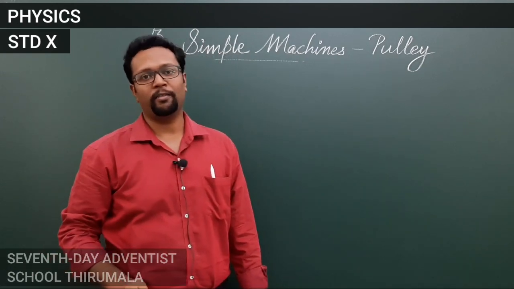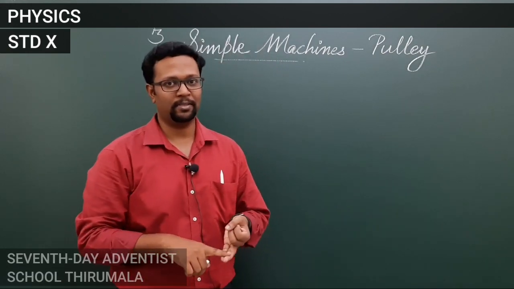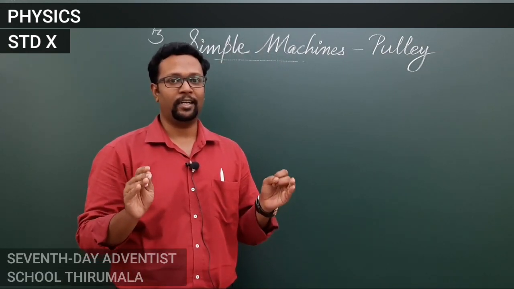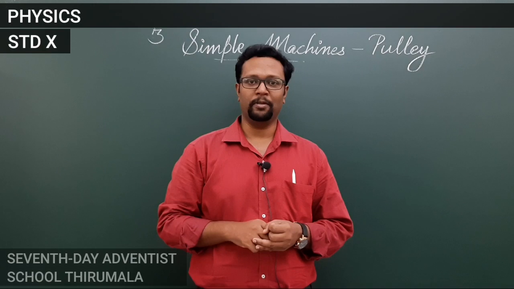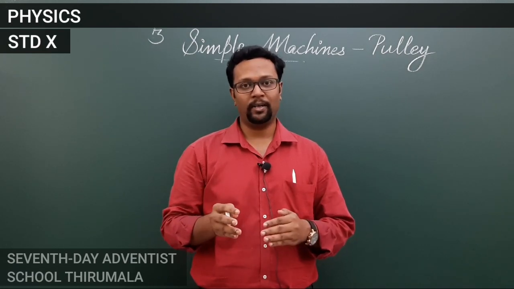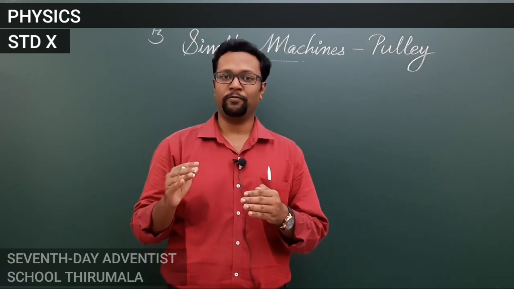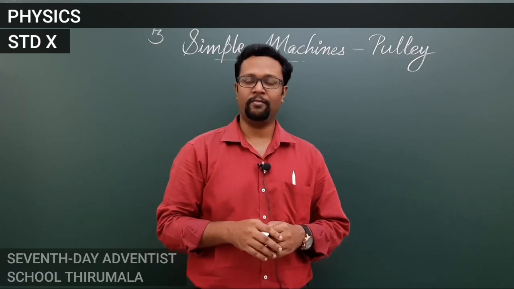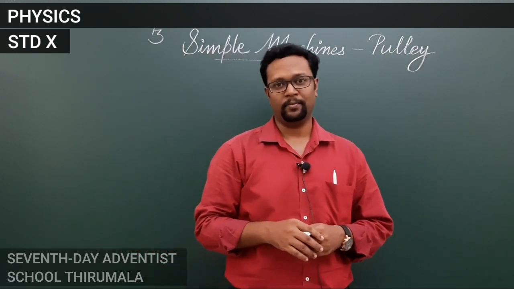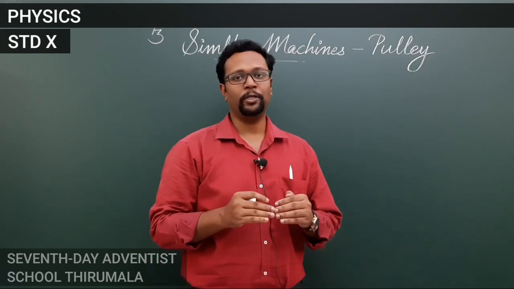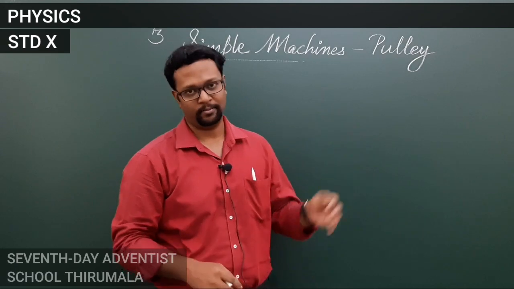So I hope you remember what we studied in the first and the second part. We studied what are simple machines, examples of simple machines, different types of simple machines, and also the technical terms related to a simple machine. In the second part, we dealt with a kind of simple machine called levers, and we learned how to find mechanical advantage and velocity ratio of a lever. We also learned about the three types of levers. Today we are going to learn about another kind of simple machine, and it is a pulley.